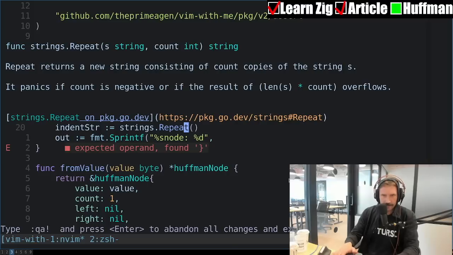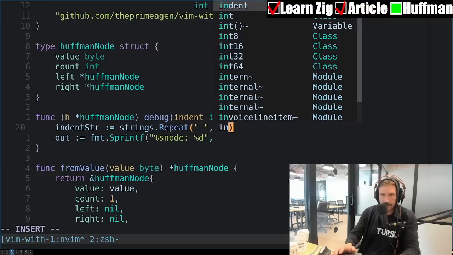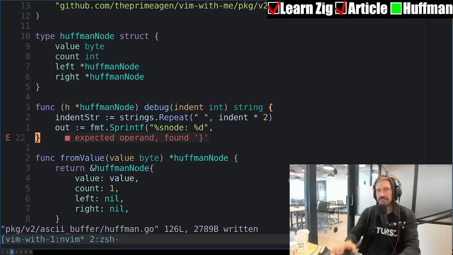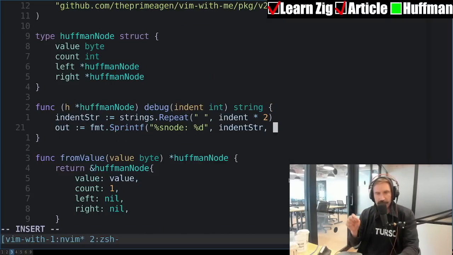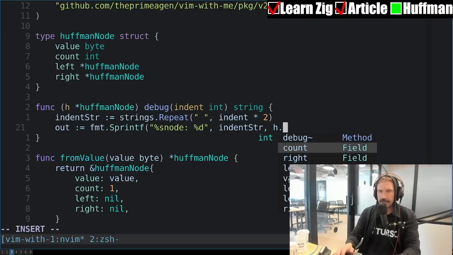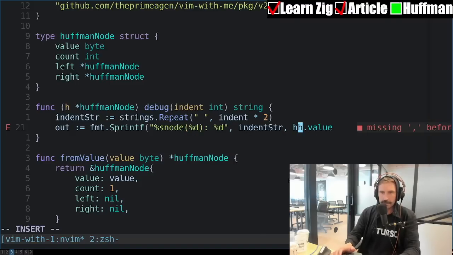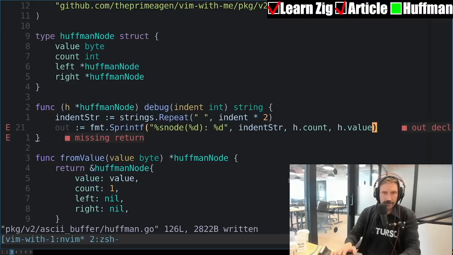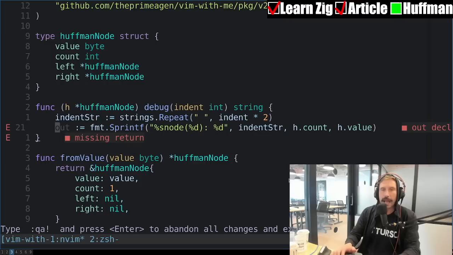Yes. Get the repeat in there, so that means I go indent string, and then I got to do the actual value here, which is going to be h.value. Beautiful. Absolutely beautiful.